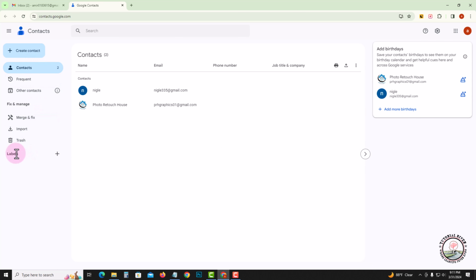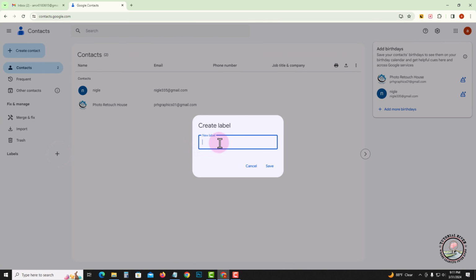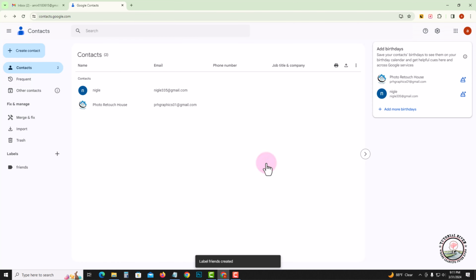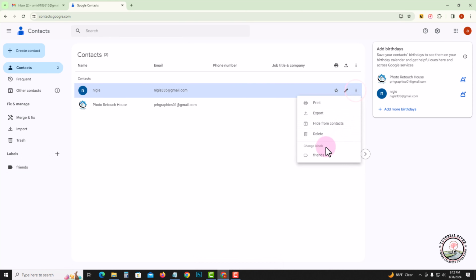look at left corner, click on the label plus icon, type here your group name, click on save, tap on the three dots, and then finally click on friend,